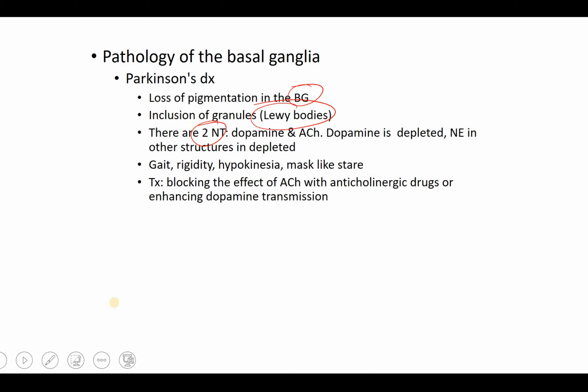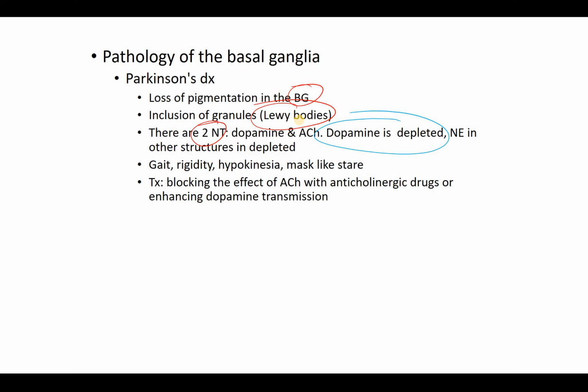Dopamine is depleted, which leaves a high concentration of acetylcholine. Okay, so because of the abnormal ratios of depleted dopamine and too much acetylcholine, you get